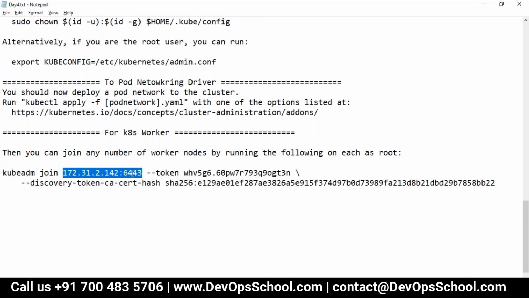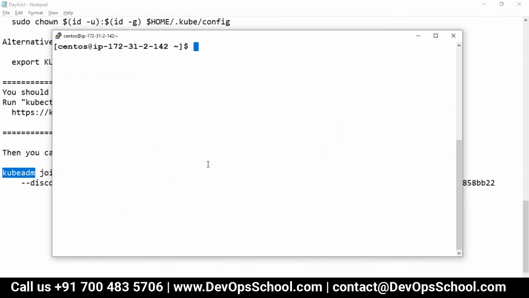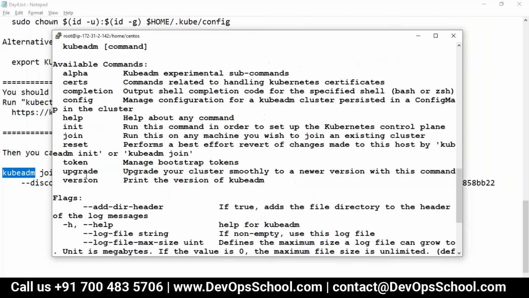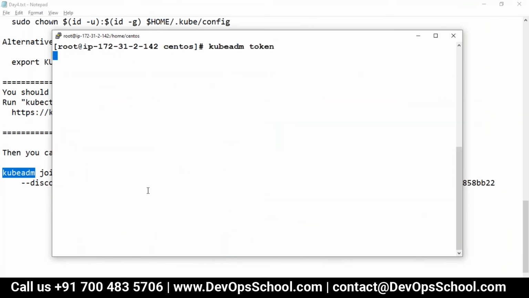Oh, API server. So Rajesh asks, how to get a new token if it expires? Remember, everything is from kubeadm. So if you use kubeadm on the master, you can generate a new token. See here, kubeadm. This is the master. Remember it, don't get confused. I'll become root. You can run it as root. See kubeadm, enter, and here you see token.